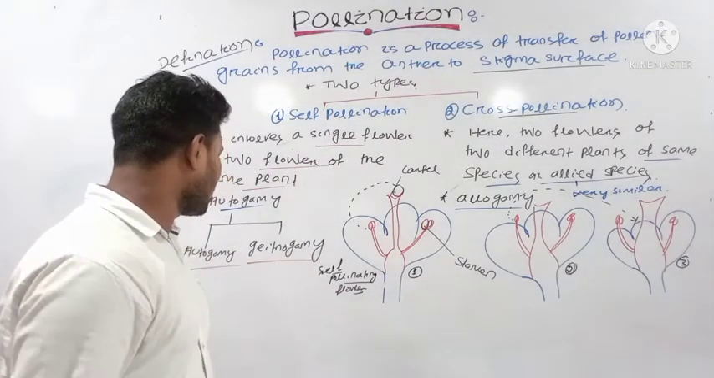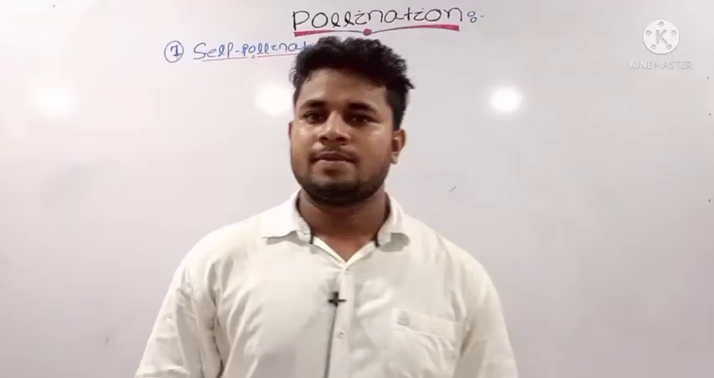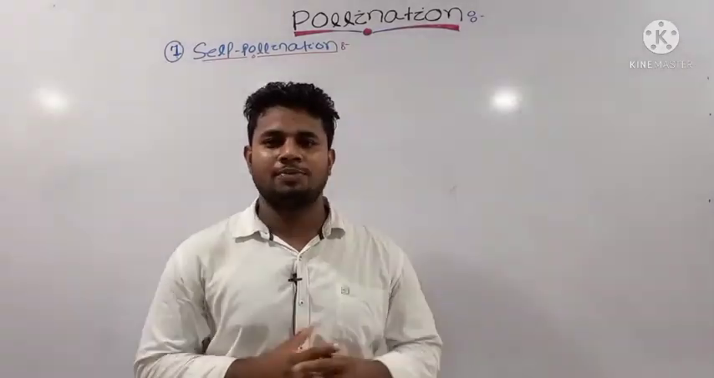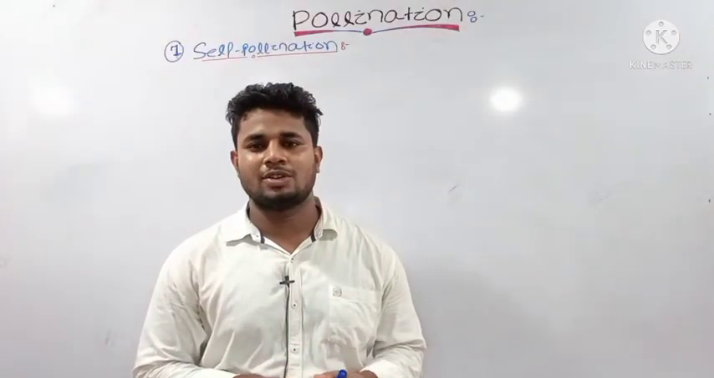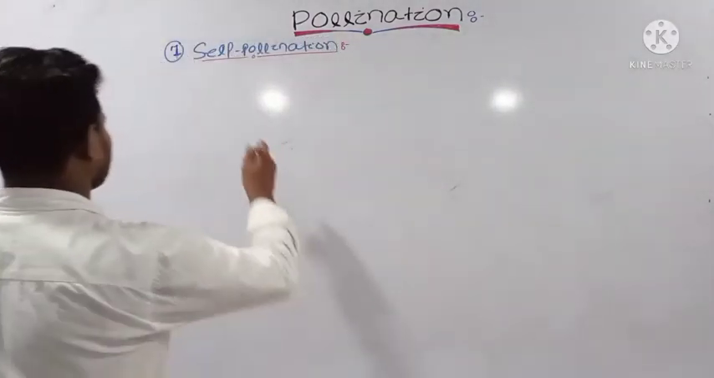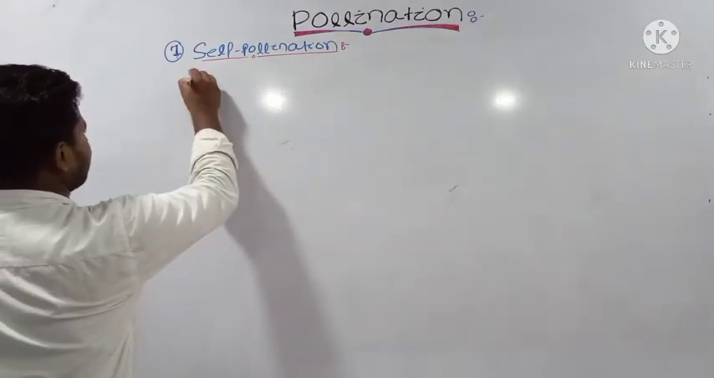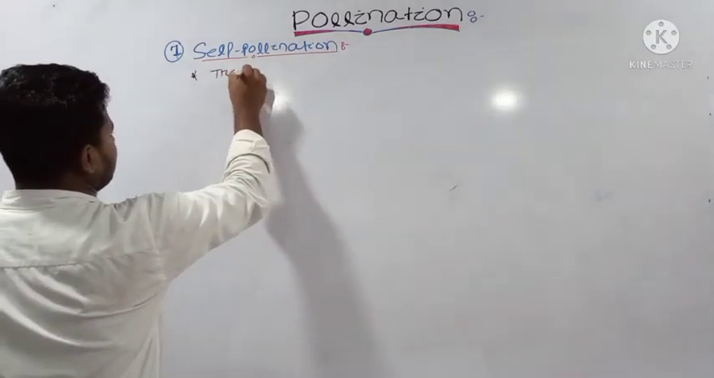Then we will know about autogamy and geitonogamy. Draw the diagram first. Okay, already we have discussed the types of pollination, that is self-pollination and cross-pollination. Then let us know details about the self-pollination process. What is the definition of self-pollination? It is a process of transfer of pollen grain